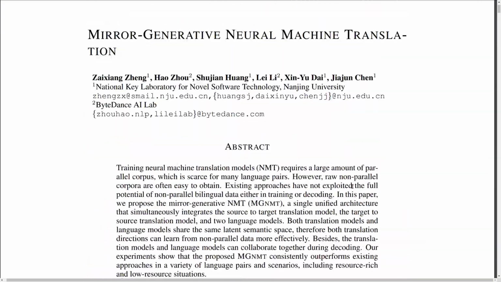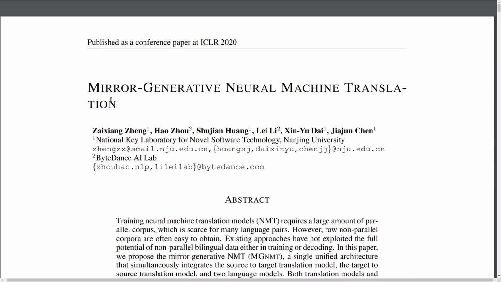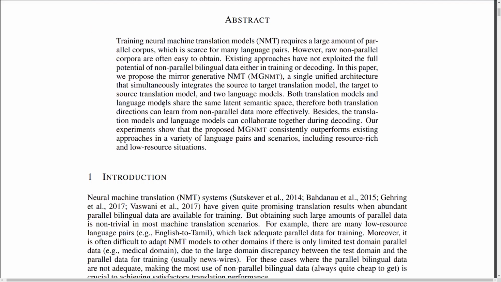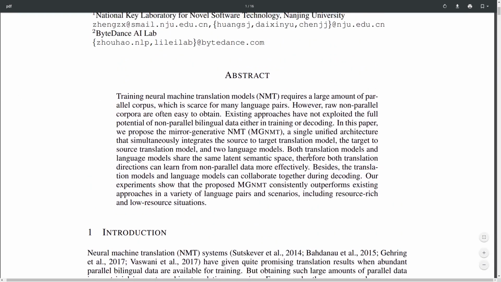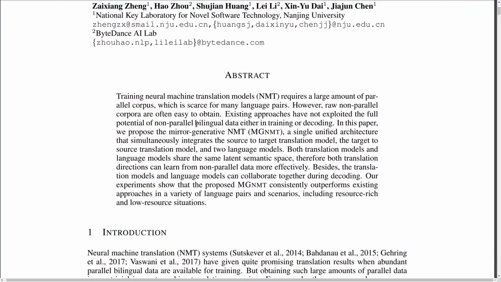But this paper is about a different approach called Mirror-Generative Neural Machine Translation, which explores a new idea of training multiple translation components simultaneously, so multiple translation models, optimizing them jointly in order to improve the overall performance of the translation, as well as to exploit non-parallel data, so raw data, for example, existing on Wikipedia for which you don't have translations, or raw web pages.